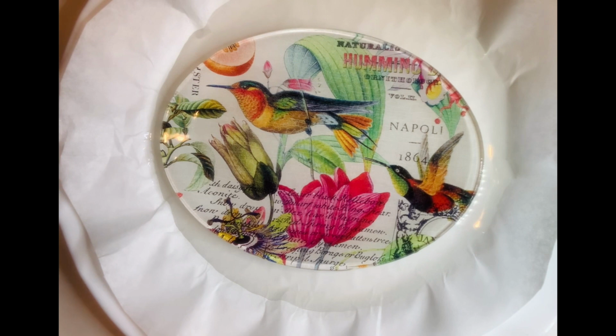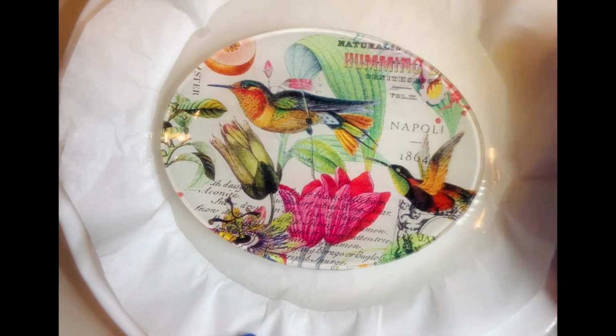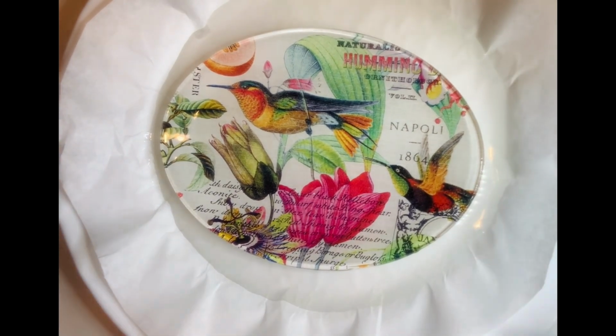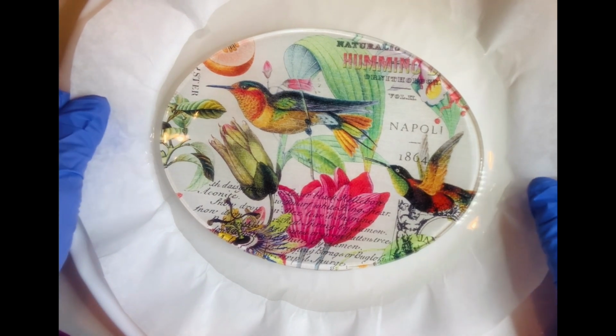Okay, we're back working on this little glass bowl. I have 3 of them that I've resined today, but this is the only one that's ready to be cut. The others are going to have to sit a while. So you want it to be firm and a little tacky, but not gooey. The other 2 are still gooey, so they can't be handled. So